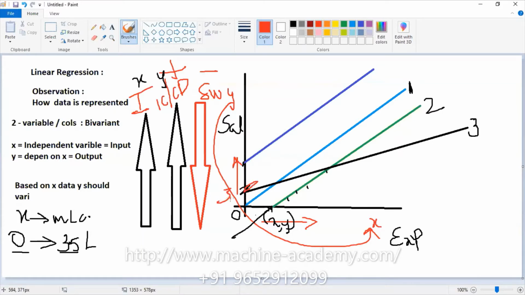This is the intercept point, where as the years of experience increase, the salary also increases. We can consider the same thing for the fourth line, where at zero years of experience the person is getting paid,